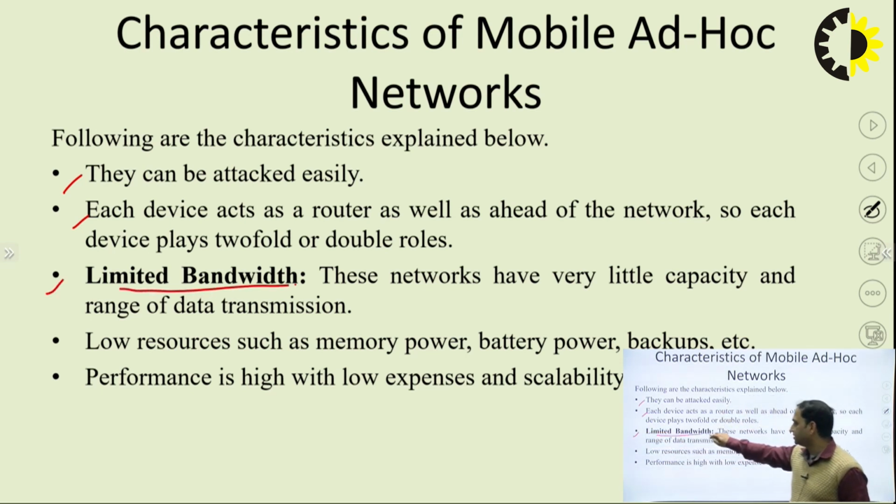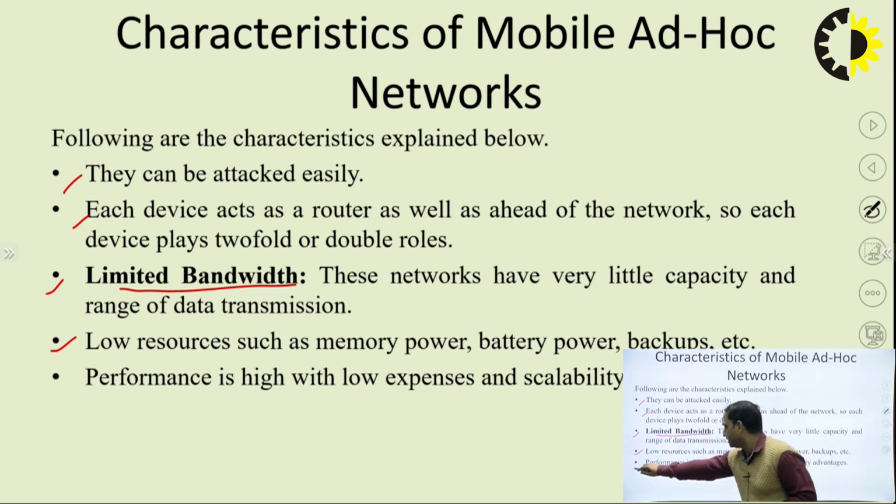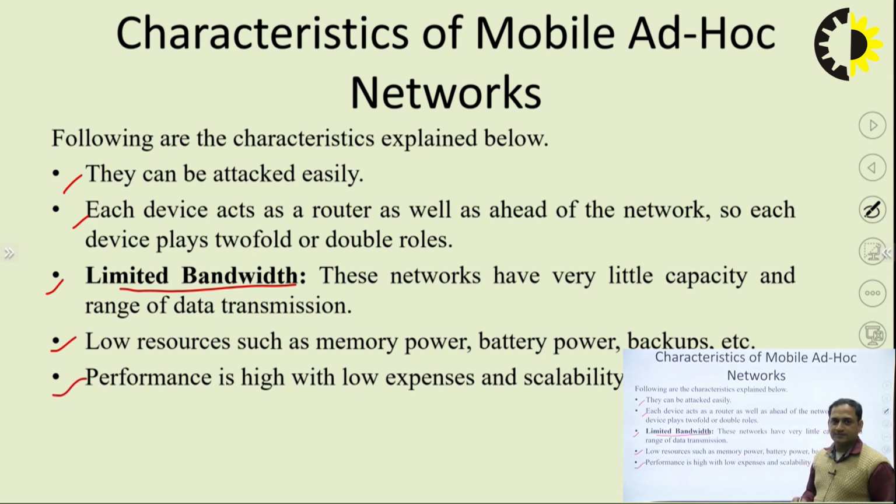Limited bandwidth is a constraint in the network, which has very little capability for data transmission. Low resources, such as memory and battery power. Performance is high with low expenses and scalability, which is one of the advantages in the case of